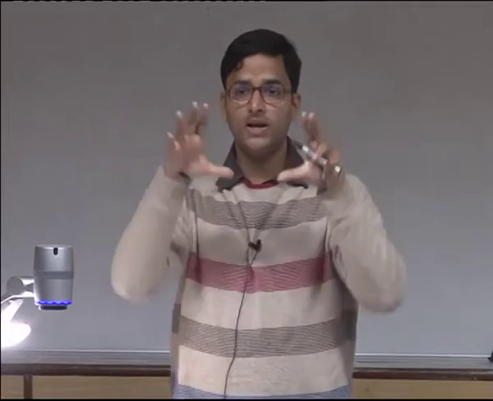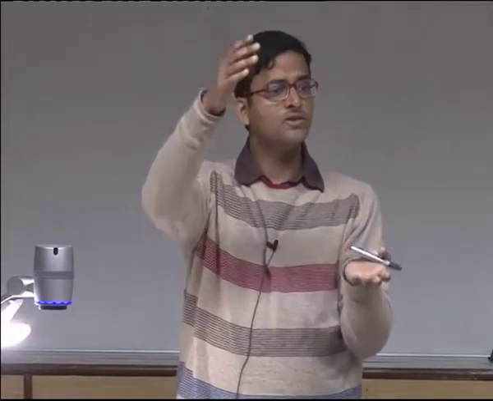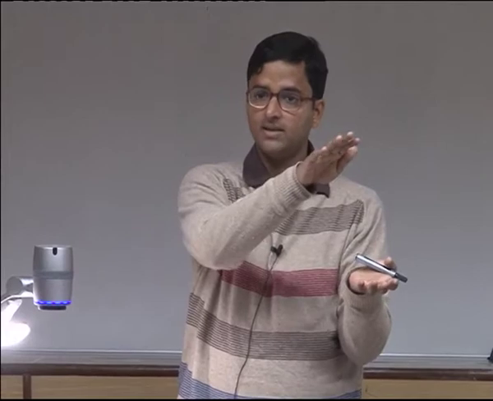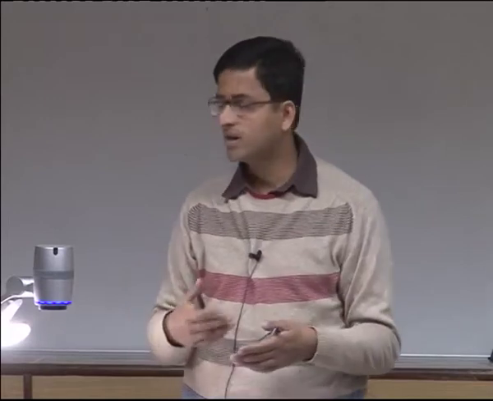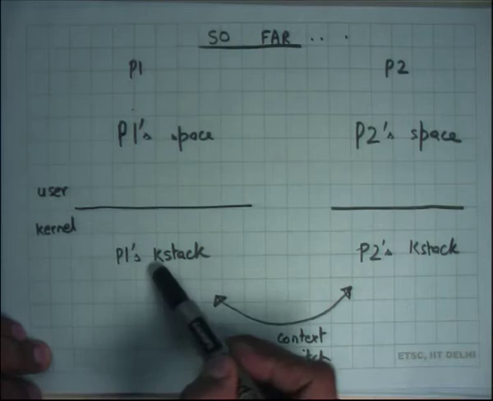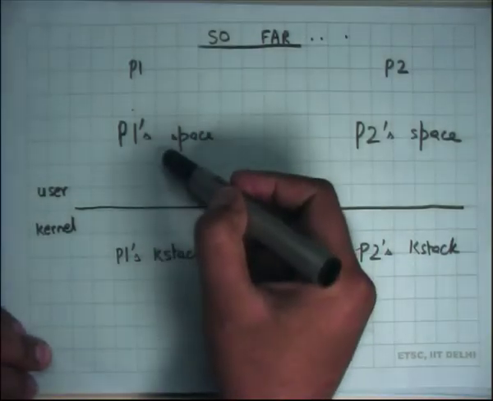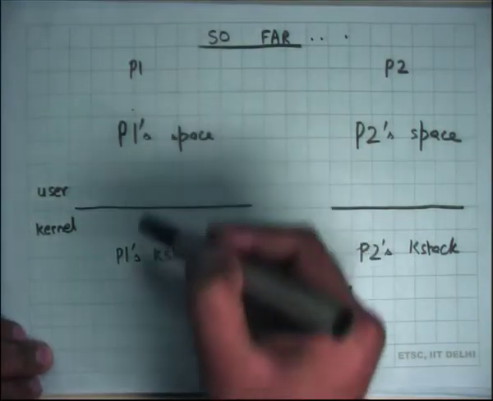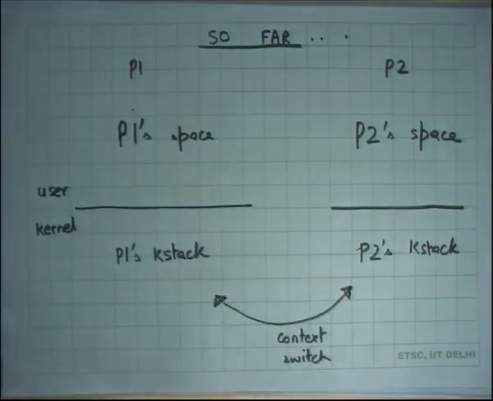Any scheduling algorithm among these threads is going to take one thread. If it switches out, it's going to save all its information in the stack, and when it gets switched in, it's going to retrieve all that information from the stack. We saw last time what kind of information is saved and retrieved: the current values of the registers, including the EIP, the program counter, to which it should return as soon as it gets context switched in. In the case of the K stack, it also saves the information of the trap, right? So at the time that the trap occurred, what were the values of the user registers and all that.